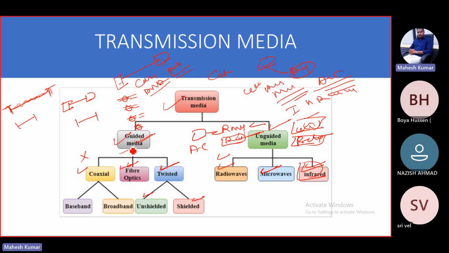So if you talk about guided, we have three types of cable: coaxial cable, fiber optic, and twisted. Under this, we have baseband, broadband, unshielded, and shielded. Coaxial is not used nowadays. It is used in Tata Sky, Dish TV, or any other way. We are having one single